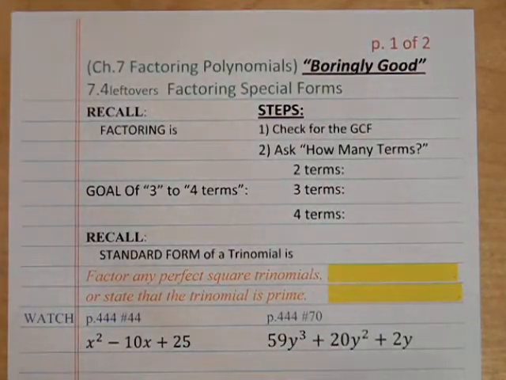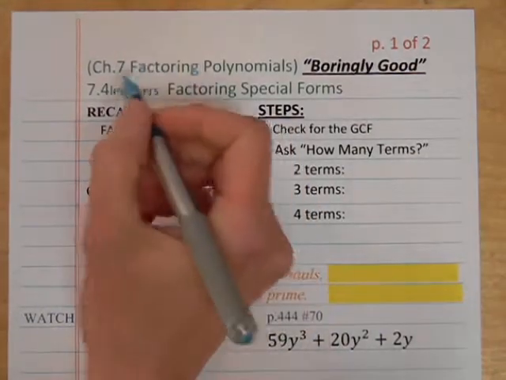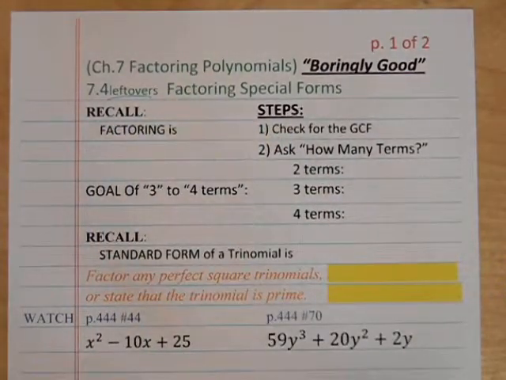We're circling back around now to 7.4, what we're going to call the leftovers of this section. At the beginning of 7.4, which we did earlier, we looked at factoring special forms if they were two terms. The rest of 7.4 deals with a special form that is a trinomial, which means that everything you're about to